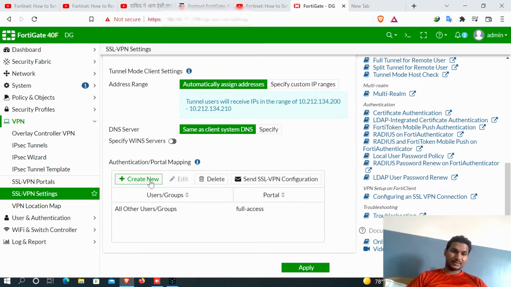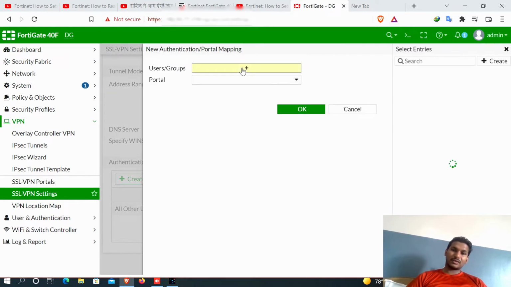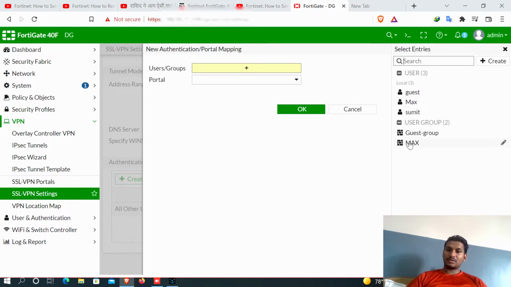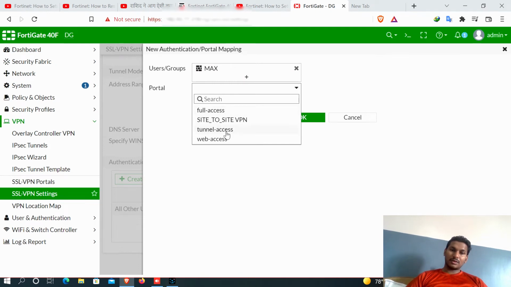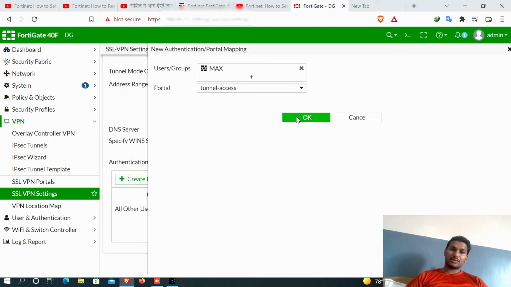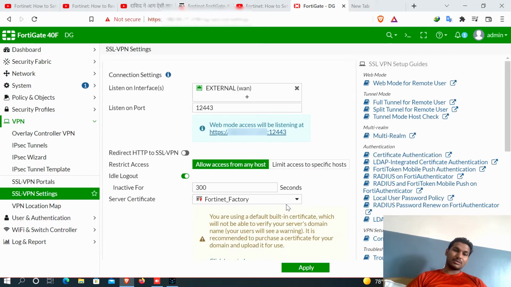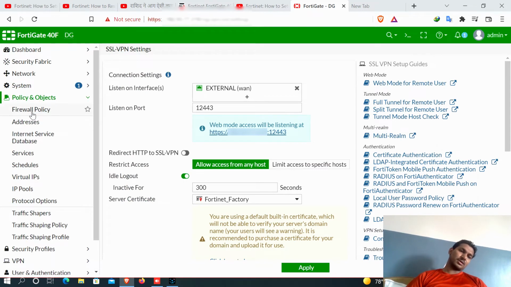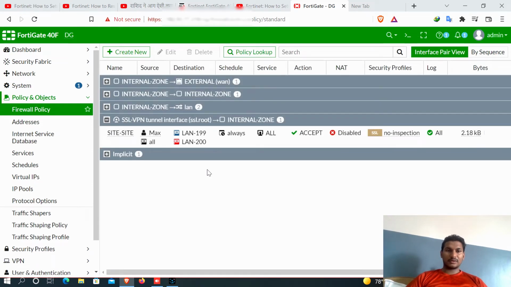Okay, and here you have to add the group. So I am just using the max group, and here I am giving the tunnel. Okay, so now it's created. Then apply. So now you apply, and you have to create one policy. So I think I already created my policy. So you go here, and